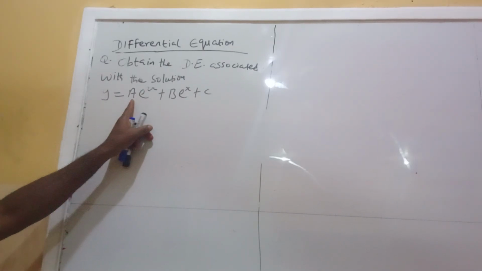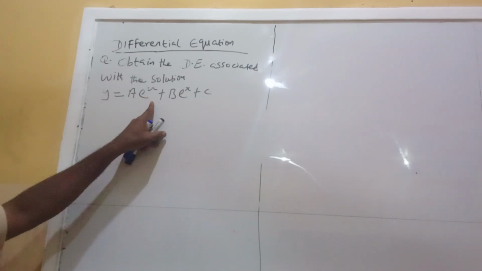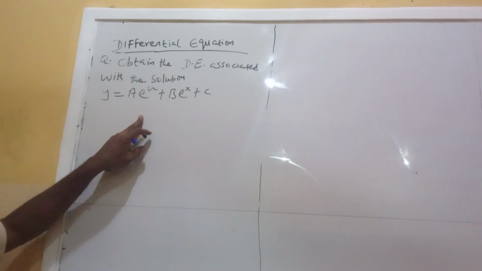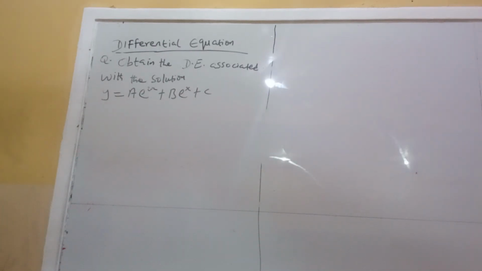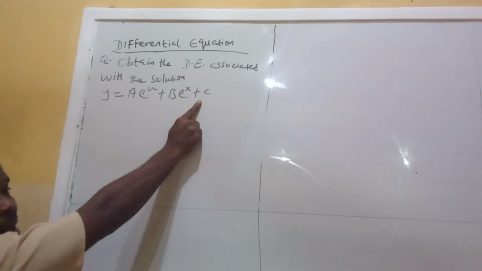And even if we have only A and B in this given function, that means the differential equation of this function must be of degree 2. But here we have 1, 2, 3. So we're expecting the differential equation to be of third degree. Okay. So the first thing to do is differentiate this function up to 3 times because we have 3 arbitrary